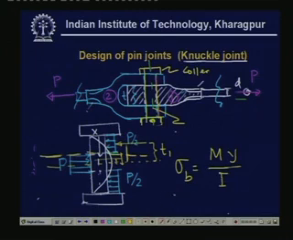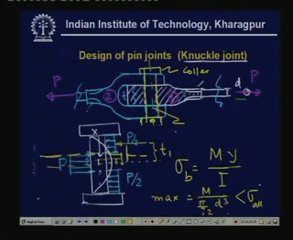This maximum value will be equal to M by Z, where Z is equal to pi by 32 d cube. So, if you use this formula, then we can find out the maximum bending stress, and this maximum bending stress must be less than sigma allowable. Now, this is not the end, because